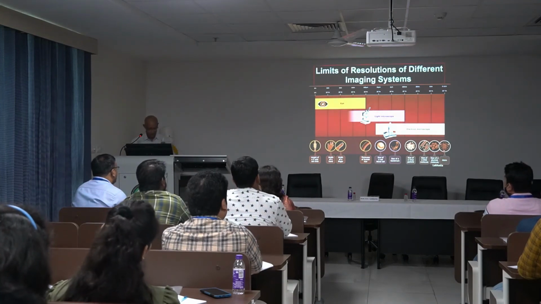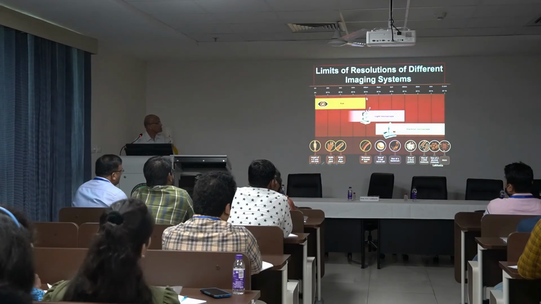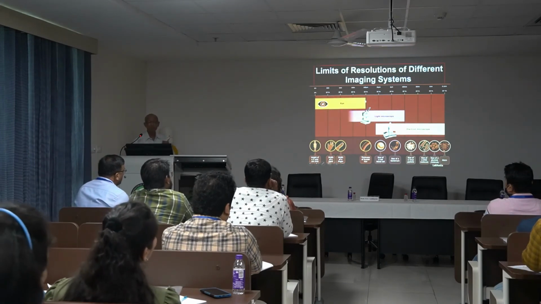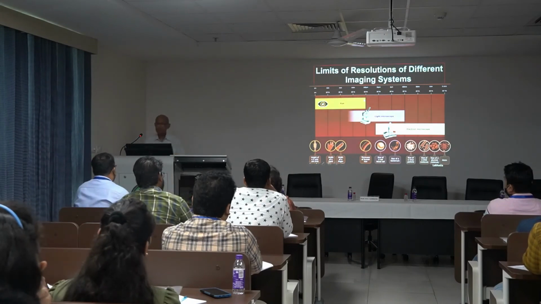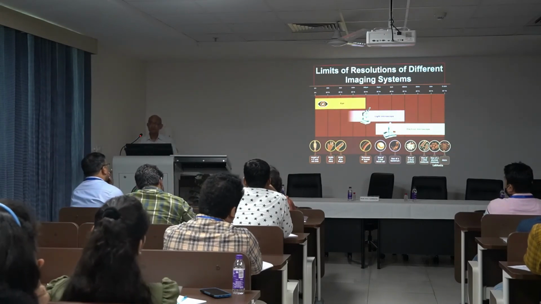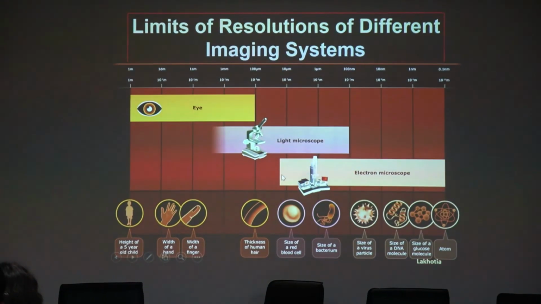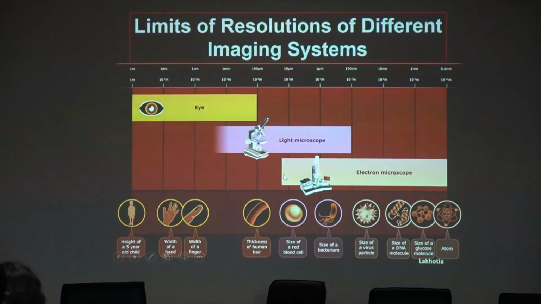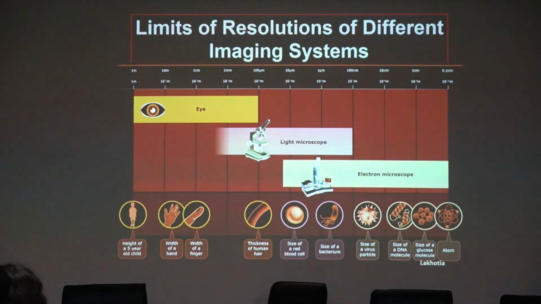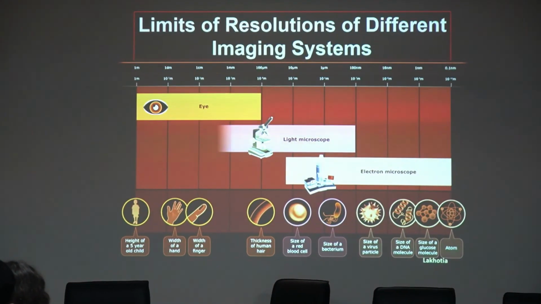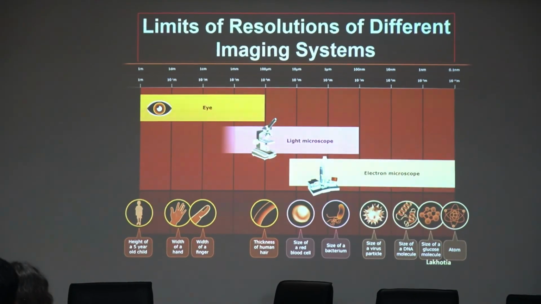And this is just to give you an idea about the resolution, what we mean by resolution. Human eye can see up to this level, about a few 0.1 millimeter is the best that we can resolve. Electron microscopy, like scanning electron microscopy, has a much lower resolution than transmission, and so it ranges and can go up to the atomic scale. And this is what has to be understood, that why this resolution is important and how it is calculated.